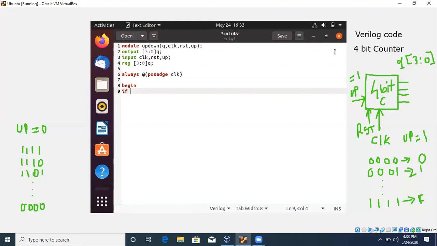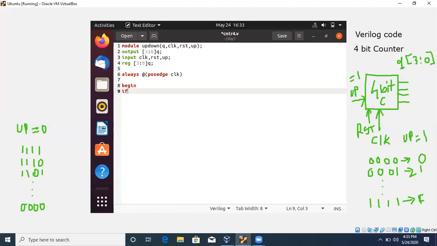When the up signal is 1, it will count increasingly from 0, 1, 2 like this till F, and when up is 0, it will count downwards, that is from F, then E, then D, and so on till 0. So it depends on the value of the up signal.